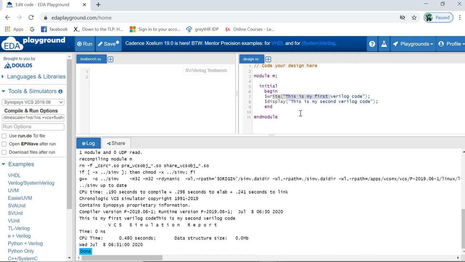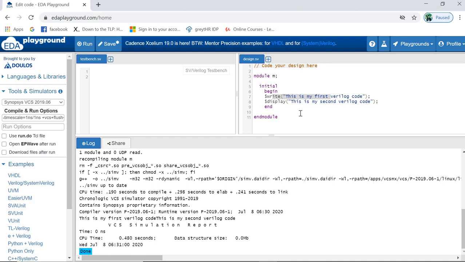Okay. So my point was to clear how the begin and end works. If you are using a single statement inside the initial block, you can write that statement directly. But if you want to use multiple statements, then you will have to use a begin and end block. Now we have three things: $write, $monitor, and $display. All these things are used for the displaying purpose.